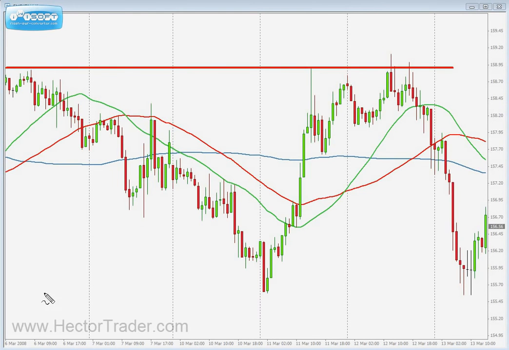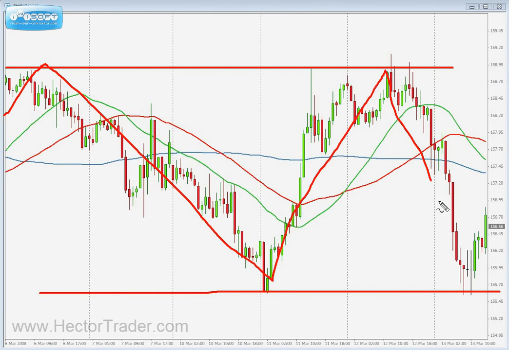In fact, if I draw 2 horizontal lines, we can see how price has been bouncing up and down without any clear market direction, and therefore any trading decision you may take on this type of chart